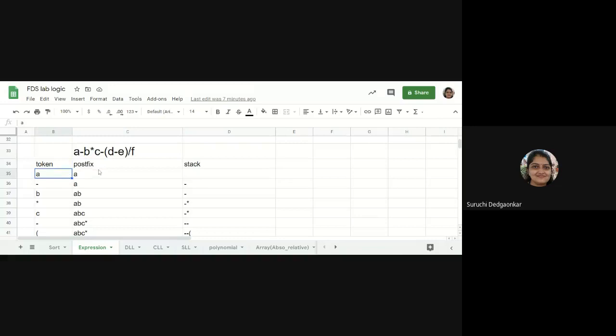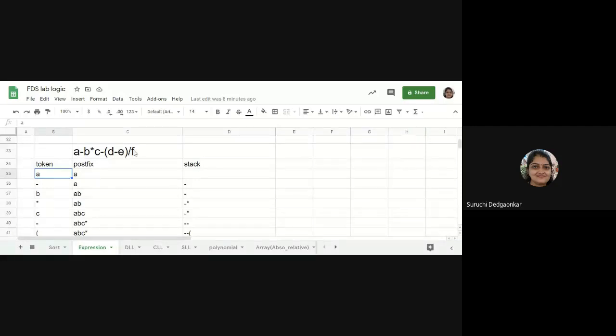Then if it is operator, then you have to compare the precedence of operator with the top of the stack, and you have to pop all the higher precedence operators from the stack until you access the lower precedence operator.